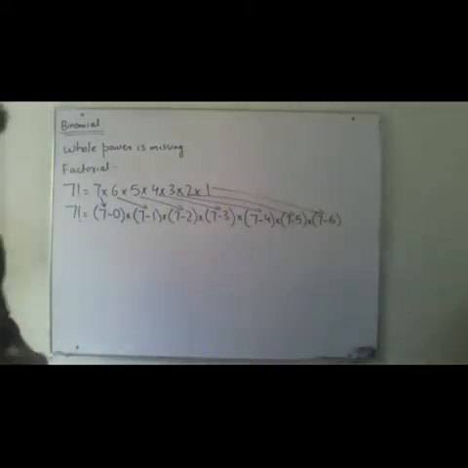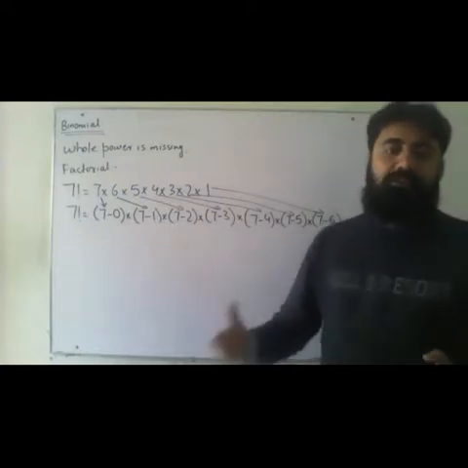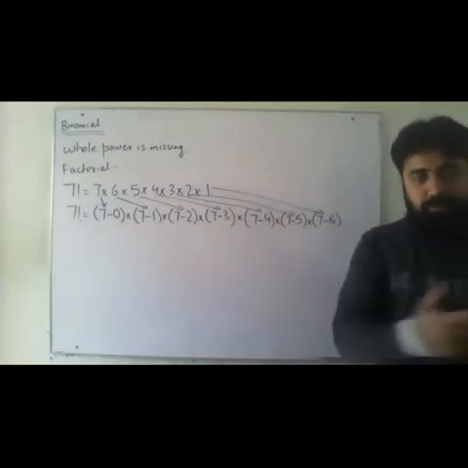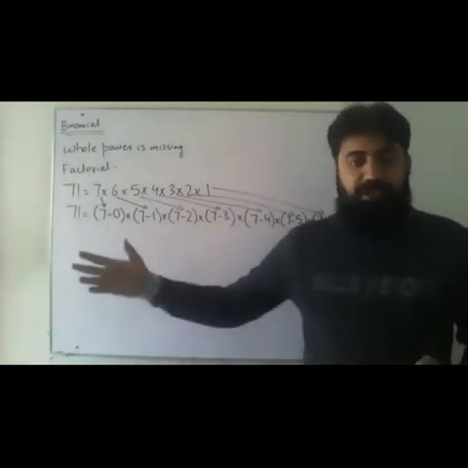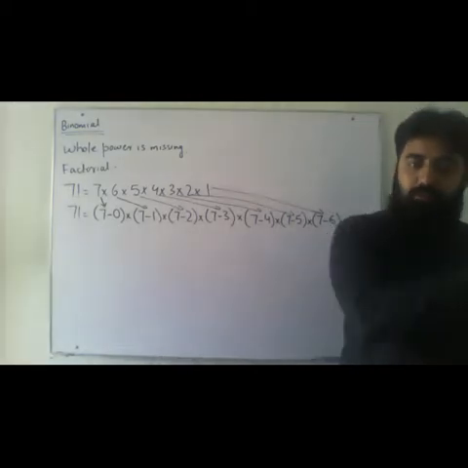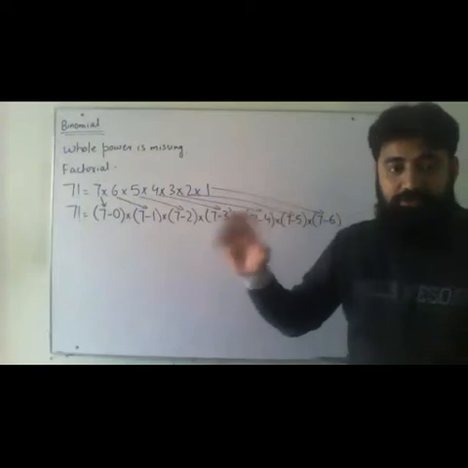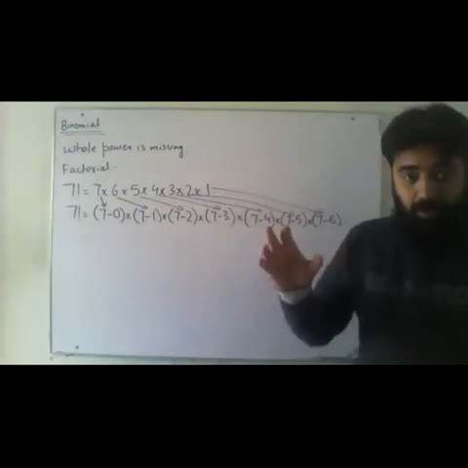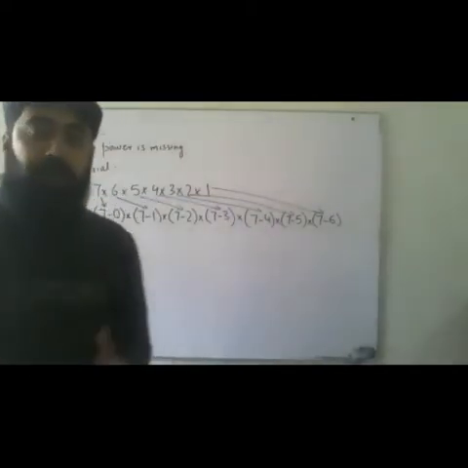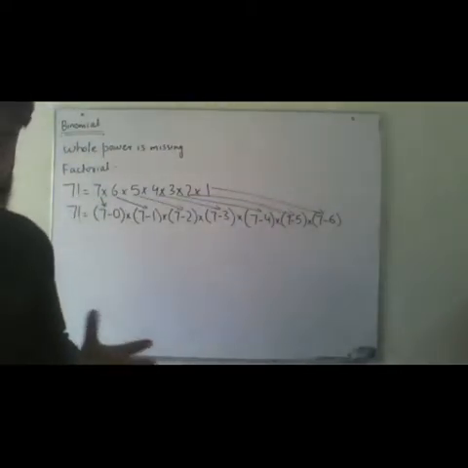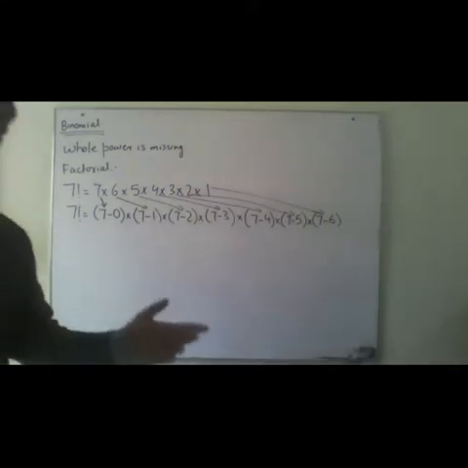Now, you will say, sir, what is the benefit in this one? We know that if it is 5 factorial, 5, 4, 3, 2, 1, we have to reduce it one by one and then multiply it. 15 factorial, 15, 14, 13, 12 till 1, everything is going to be multiplied. Over here I'm just giving you the concept using numbers, because when we have unknown powers, an unknown whole power, I'm going to use algebra. So first you have to get the understanding from here, and then you go for algebra.